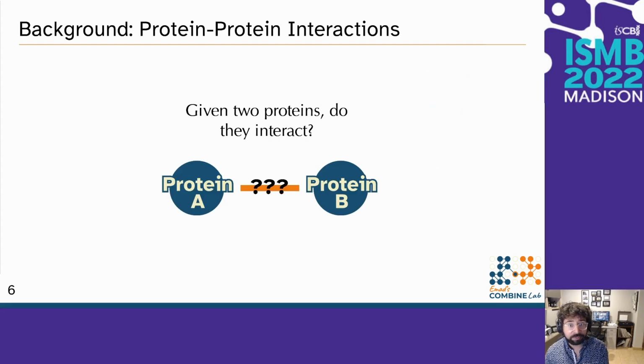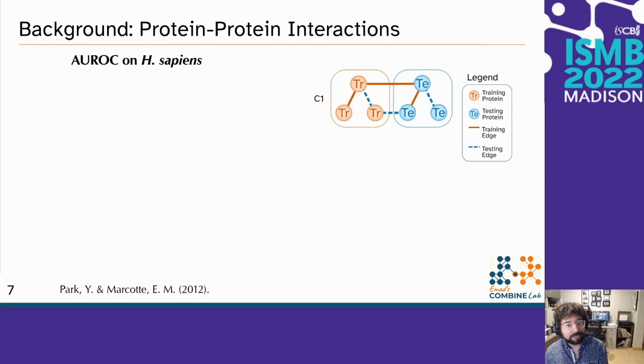The setup for the protein-protein interaction prediction task is, given two proteins, do they interact? How well do existing methods do on predicting these edges? Well, it depends on how you measure it. Park and Marcotte in 2012 investigated the validation methods for PPI interaction methods of the time and came up with